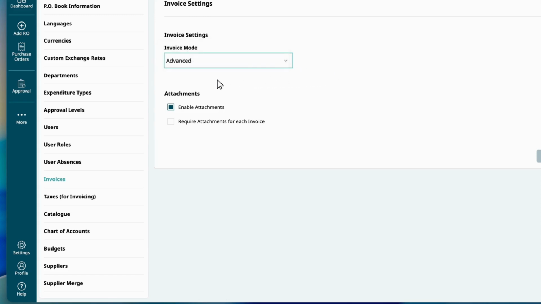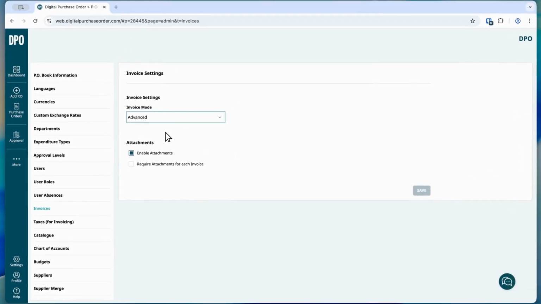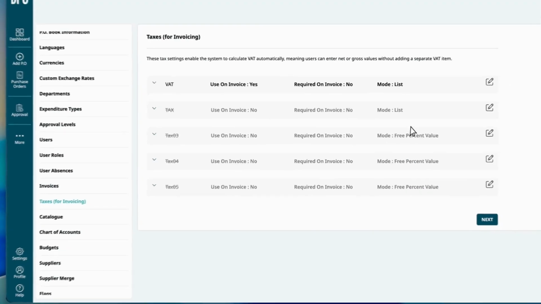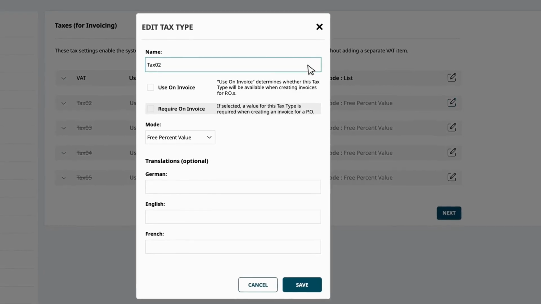DPO's purchase orders are created with net totals only, but invoices often include taxes or VAT. Therefore, you can predefine tax settings within the Settings section. Simply go to Taxes. Here, click on the pen icon next to any available line and create your tax setup